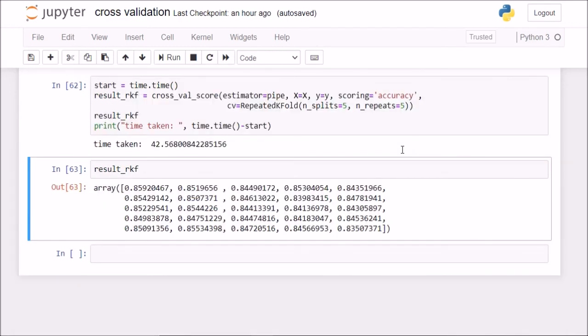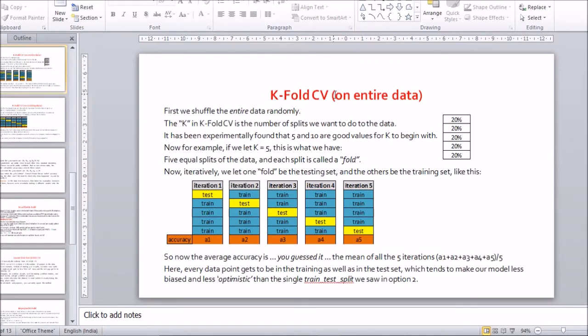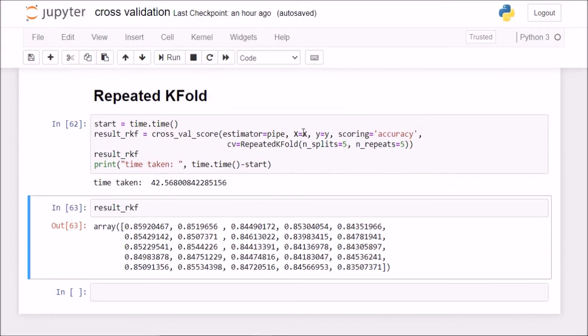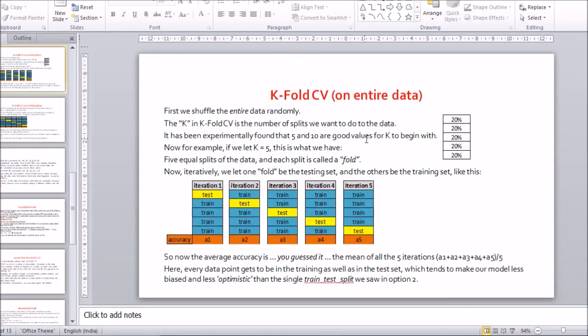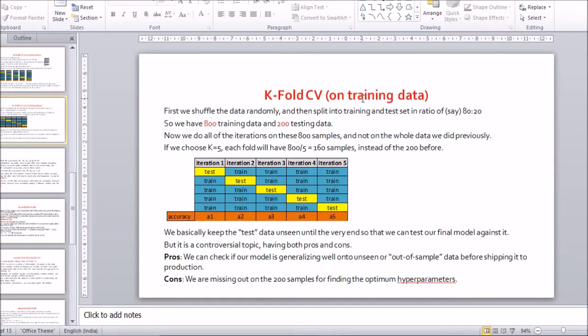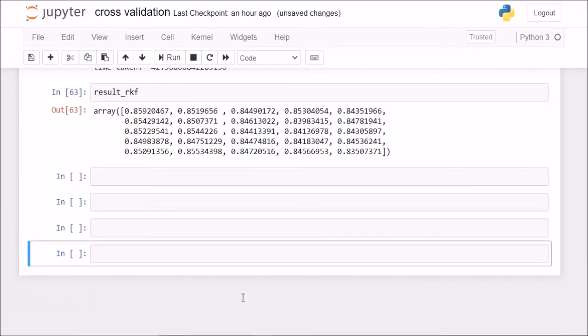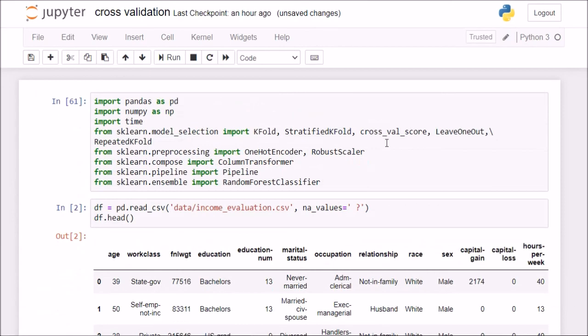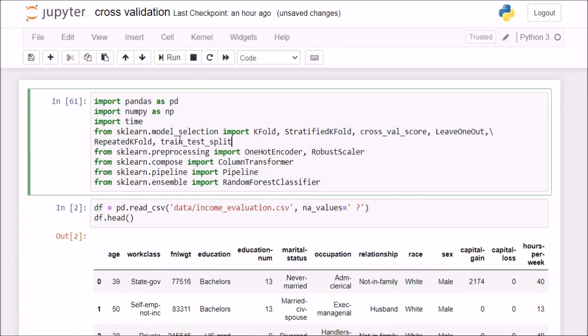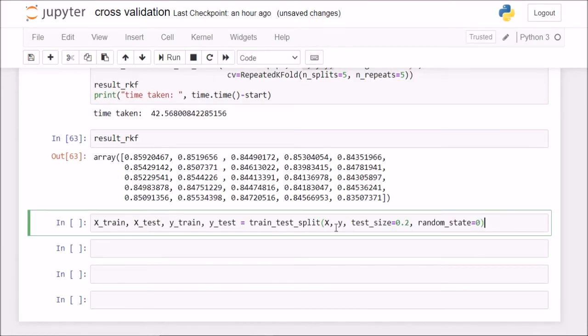Now just one small thing before we call it a day. What we saw in cross validation today was for the entire data, because we simply passed in x equal to x and y equal to y, but we can also do it on the training data alone, and then check our results on the testing data which we haven't touched. Okay, so we'll do a small implementation of that here. I'll call in the train test split class. Now I have split up my dataset into training and testing sets.